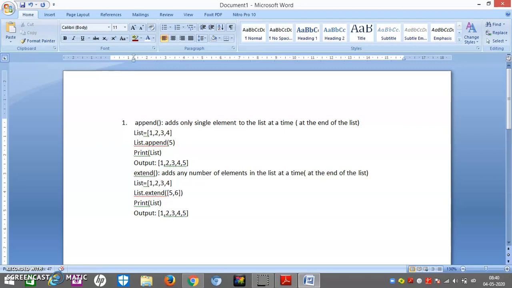So I will write down 5, 6. This is the output. So friends, this is our first question. Append function adds only a single element to the list at a time, whereas extend function adds any number of elements in a list at a time, and both will do it at the end of the list. Means the number of elements were ended, it is taken up to there.